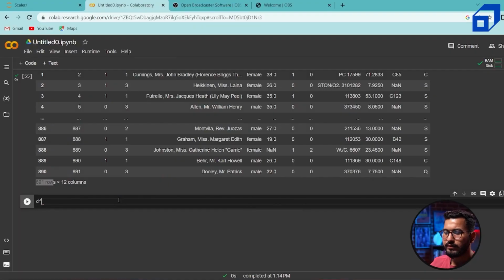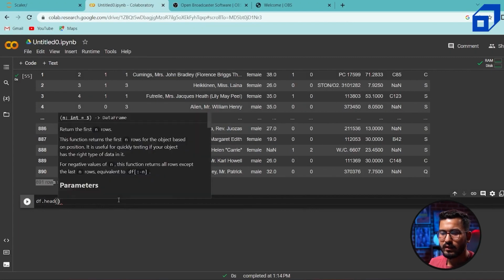Now what are the various operations which we can do? Once you have uploaded your data, once you have the data frame created with the data that you wanted to process, analyze or manipulate, the very first thing is to inspect whether the data was correctly uploaded or not, whether the data has all the rows and columns as expected or not. So we have to inspect. Now pandas provides us with some inspection tools. So the very first one is